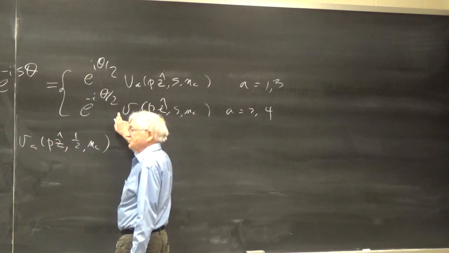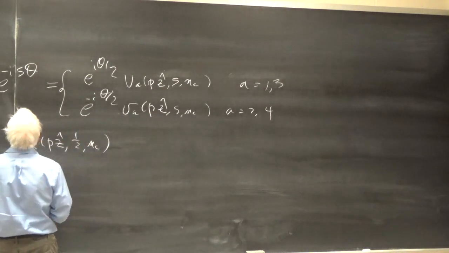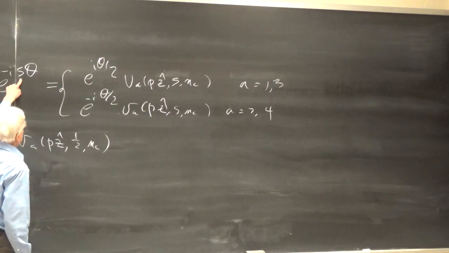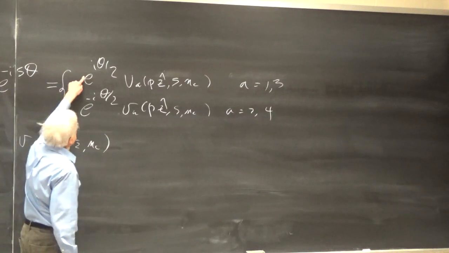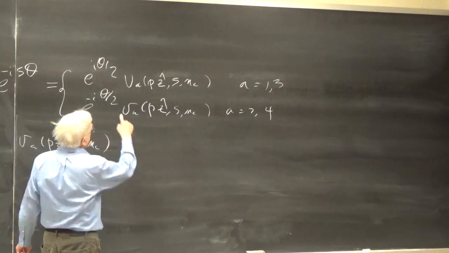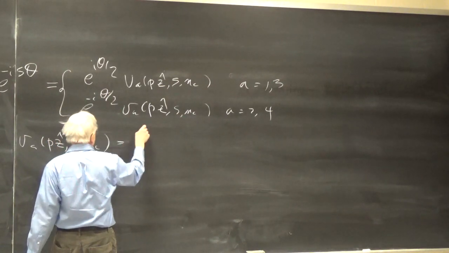Minus i theta over 2, for 4. Right, okay. So for 1, 3, you see we have here a minus sign. We have here a plus sign. So this has to be 0 for a equal to 1 or 3. So it has to be of the form